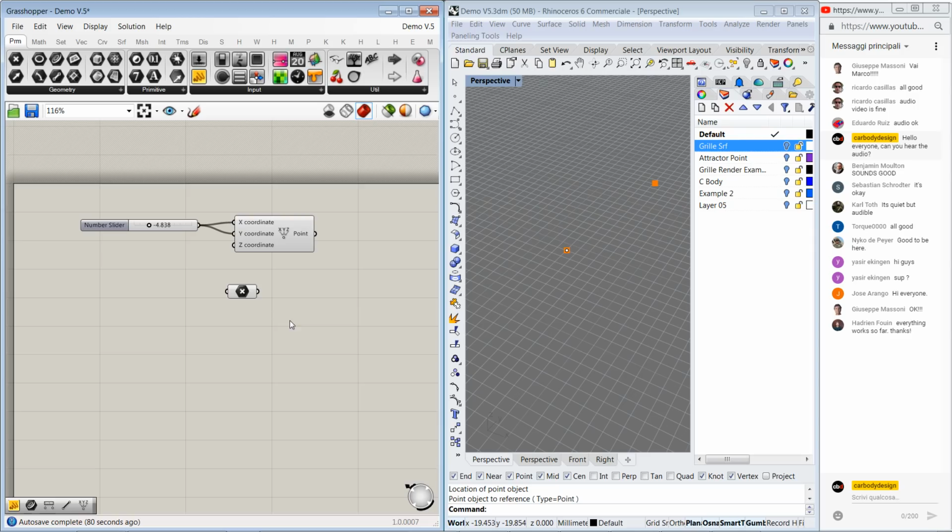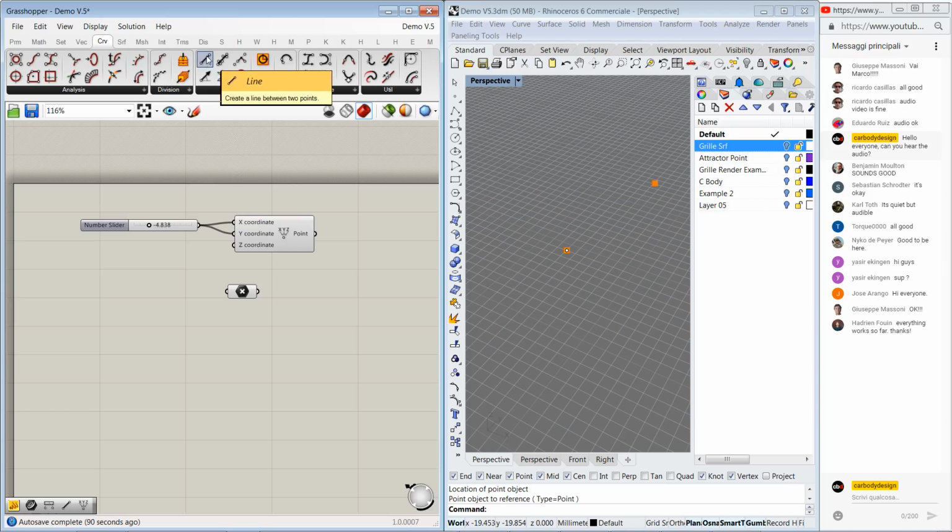Then we are going to use a line component. Let's see if we find something. We go to the curve tab, and under the primitive, the very first component, it's a line. We are lucky. Well, let's try something different. We don't want our life to be so easy. So let's just